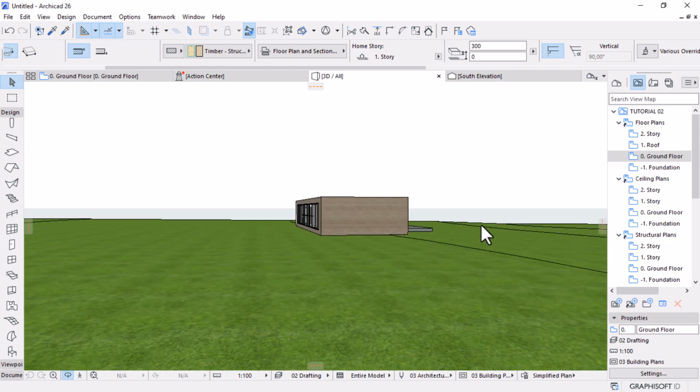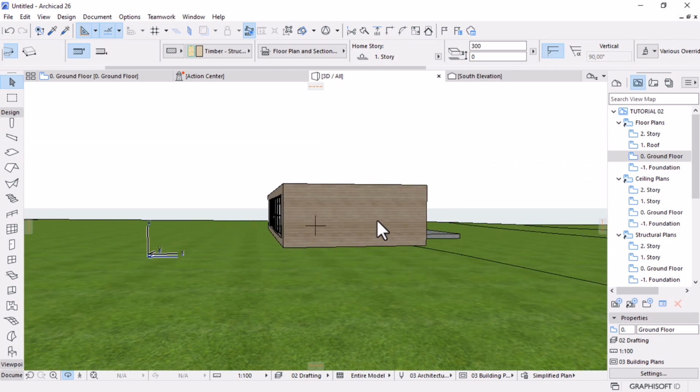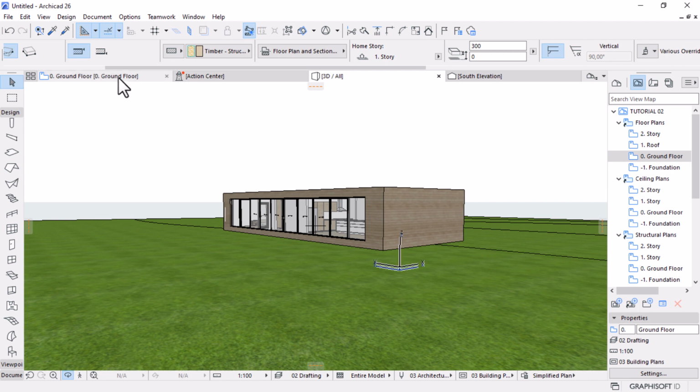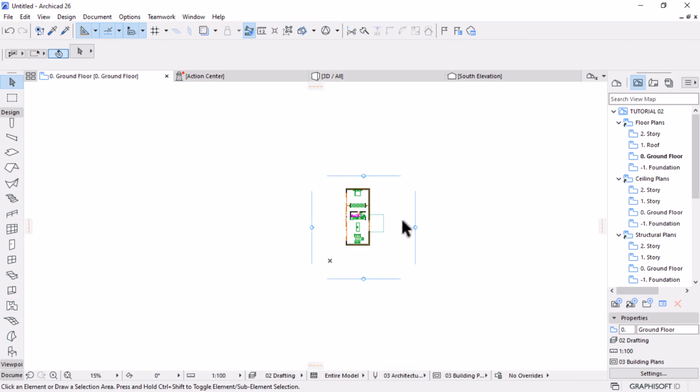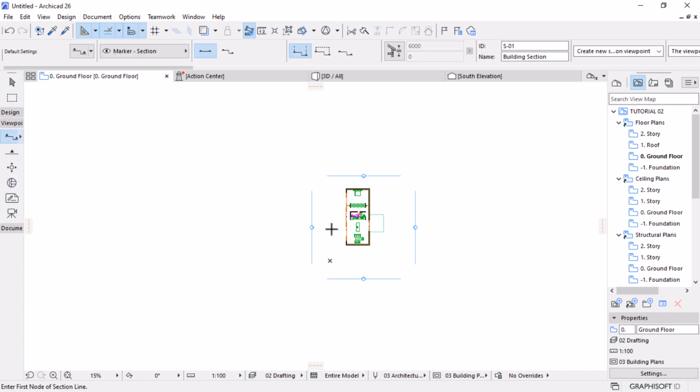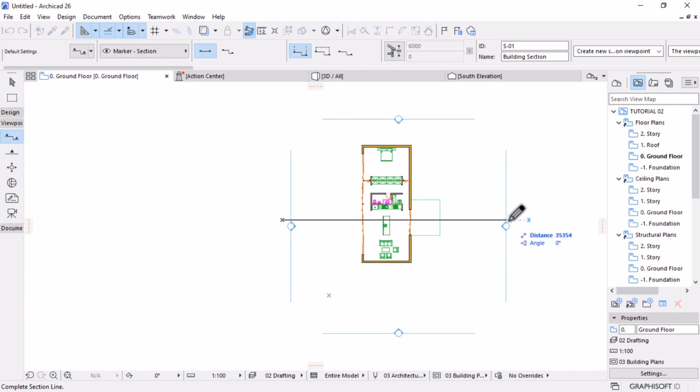It has to be floating. Remember, it has to be suspended from the ground. So if we go back here underground, what I want to do is cut a section here and start using a section to model this. So let's go to the tool palette, and under viewpoints, that's where you get your section tool. Let's cut a section across here,